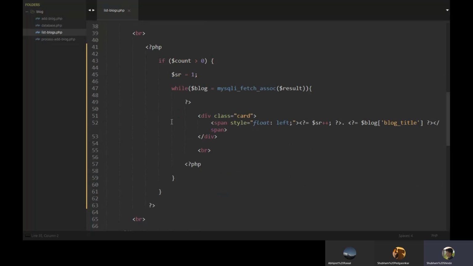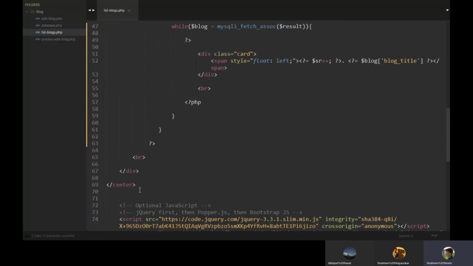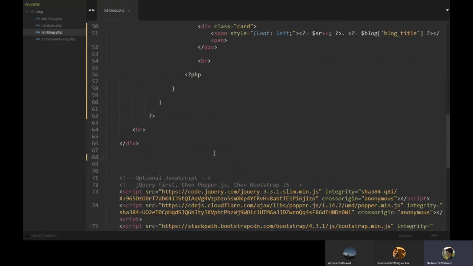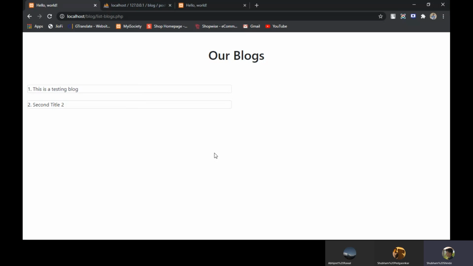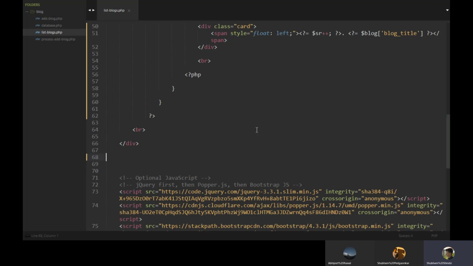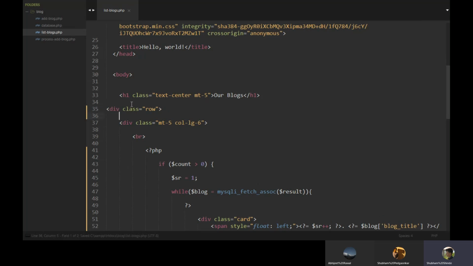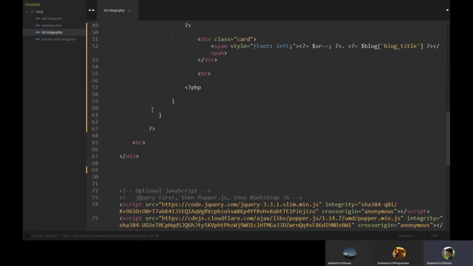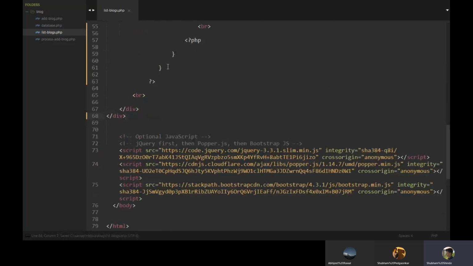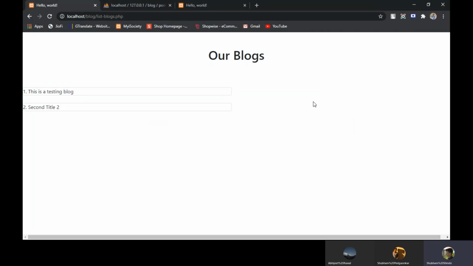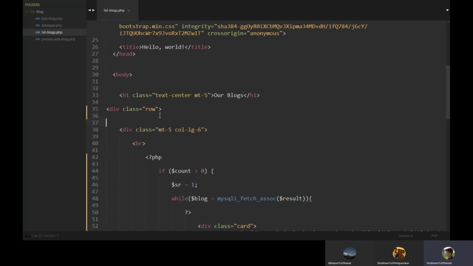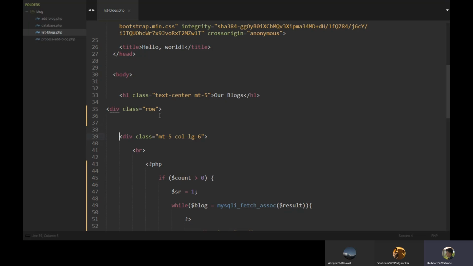Let's remove this center and this from here. Okay, everything is going to the left because we have removed that center. Let's take it to the center. Okay, we will define div dot row, and we will end the div below the child. This will do nothing, but we will get a chance to create one more div, so we can set it to center.